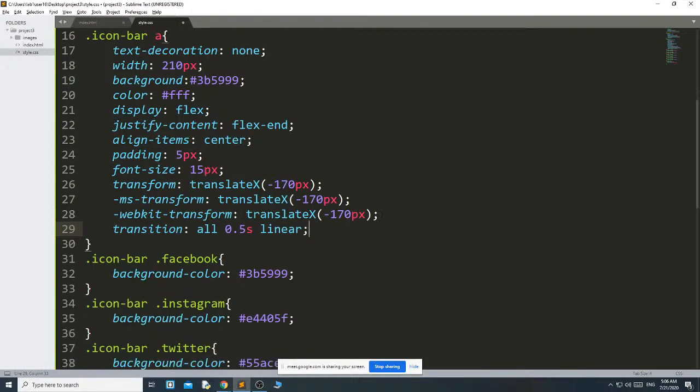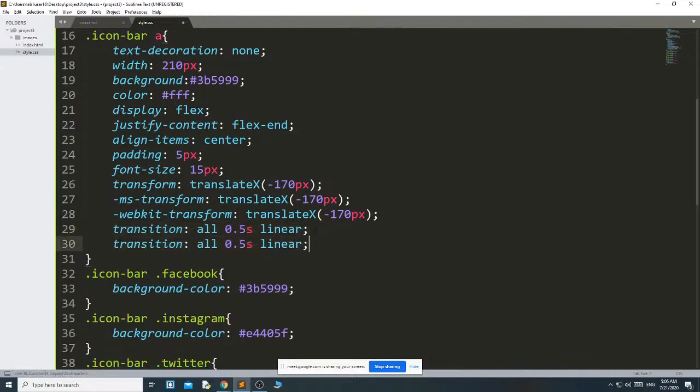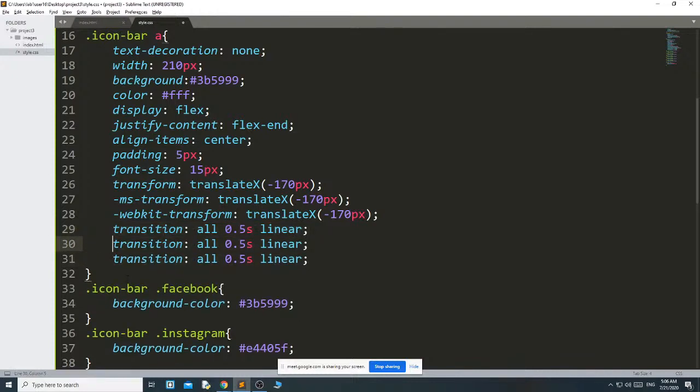Again, this also you can copy and paste, with hyphen MS and hyphen WebKit.